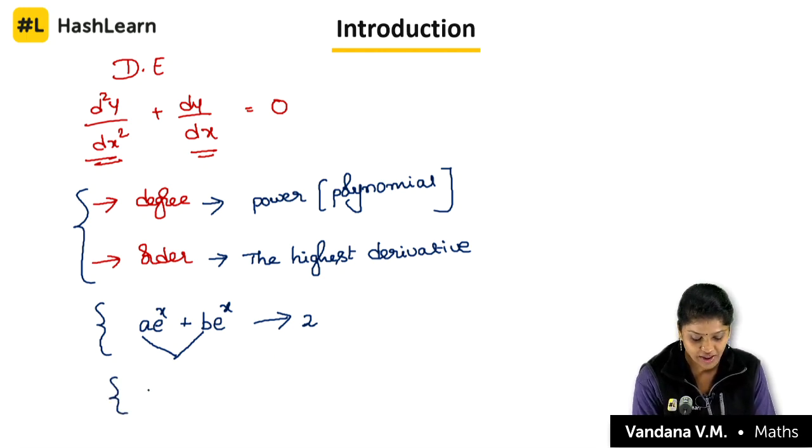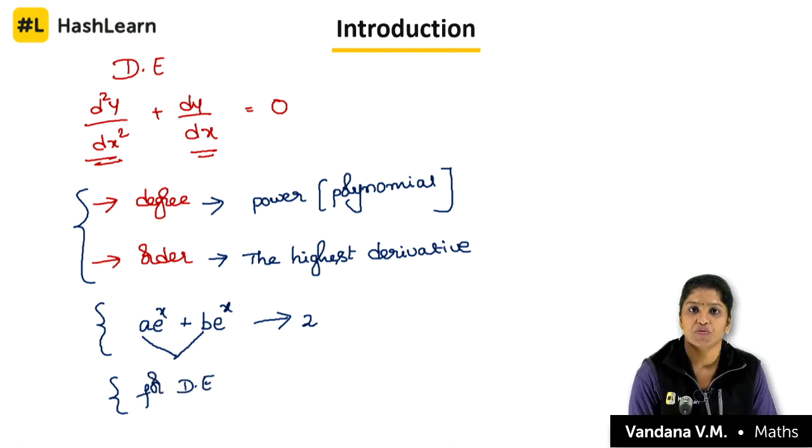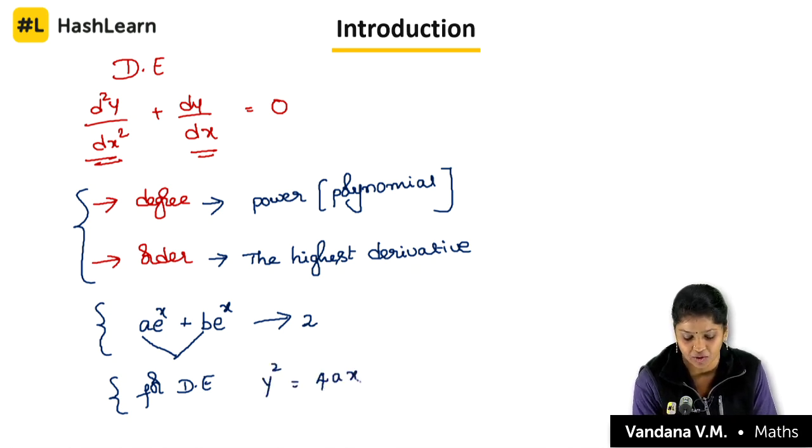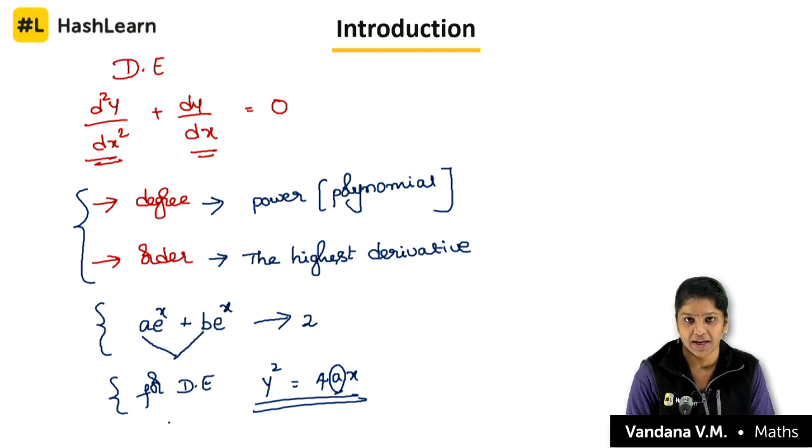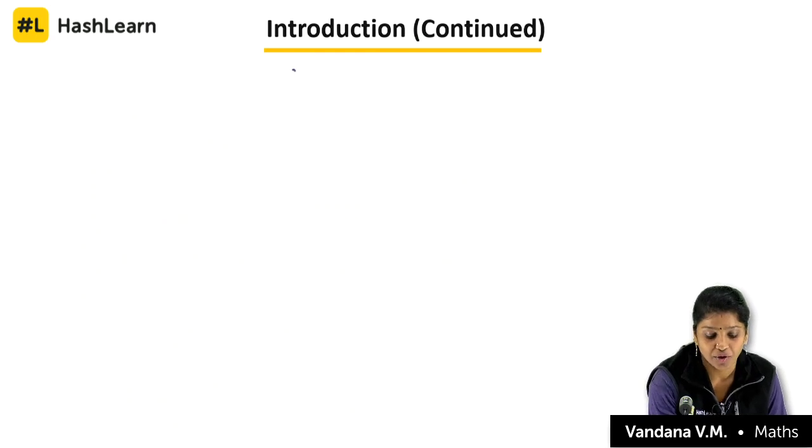In the third class we learned forming the differential equation. The family of circles, family of parabolas, there also we will indirectly have one arbitrary constant. Here a is an arbitrary constant, so I have to differentiate this one time and form a differential equation. This we learned. Next thing we learned, how to solve